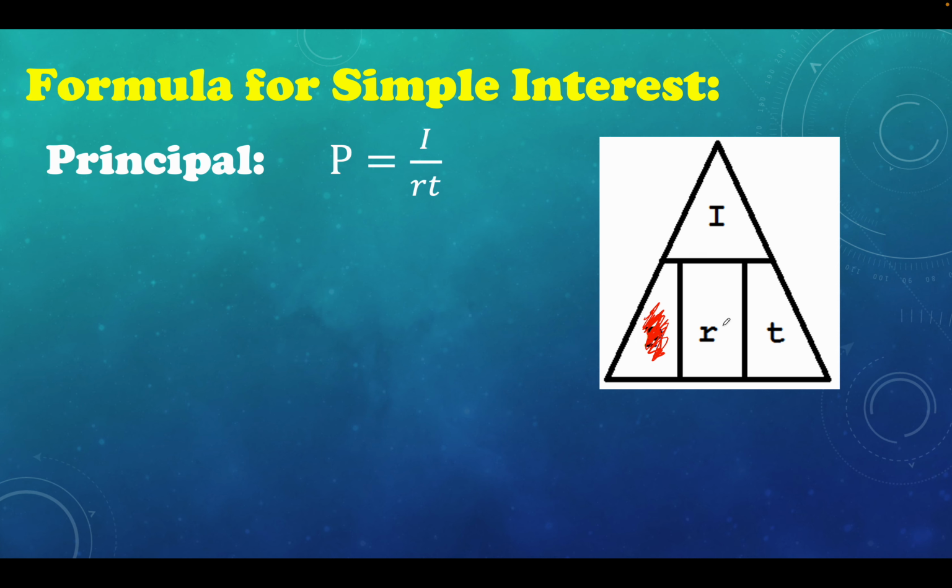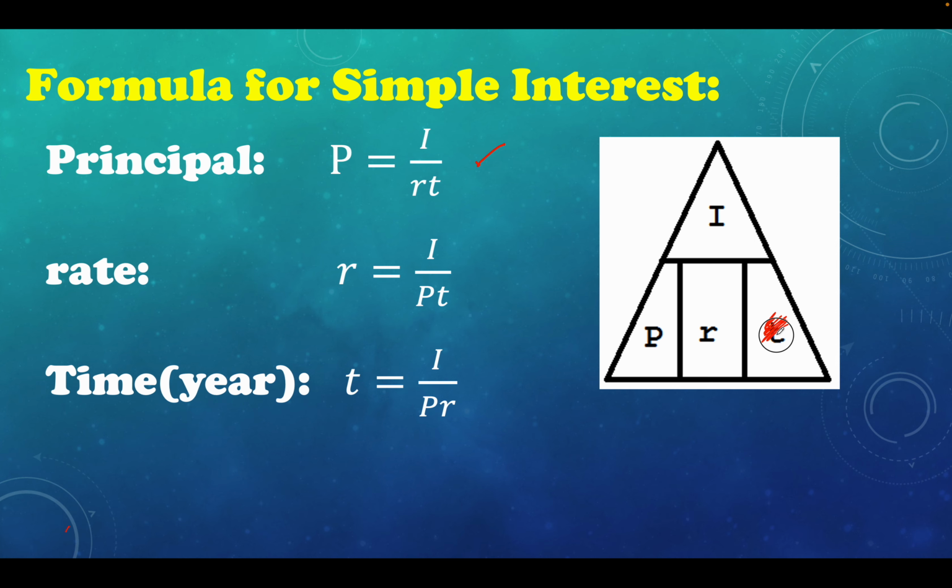if you are looking for the year or the time na meron tayo, time is equals to interest divided by the principal amount times the rate. So, if we're going in the triangle here, cover mo lang yung T natin. Then, yung matitira is interest divided by the principal times the rate, which is also this one. Then, lastly, and if we are looking for the interest,